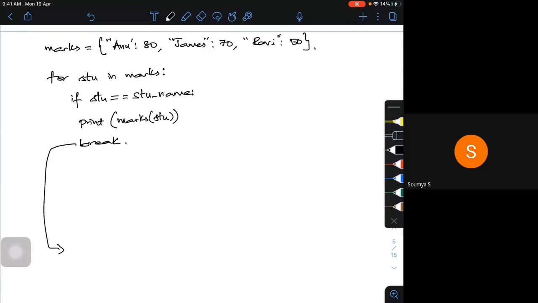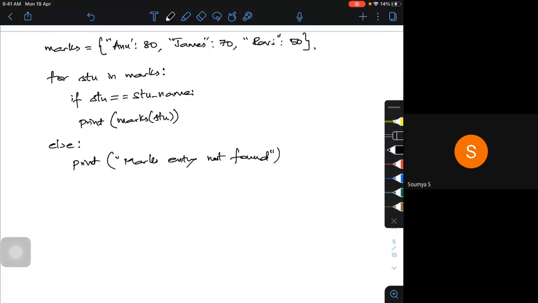If you want, we can use a break statement, or I can use else and print, maybe, marks entry not found, or something like that.